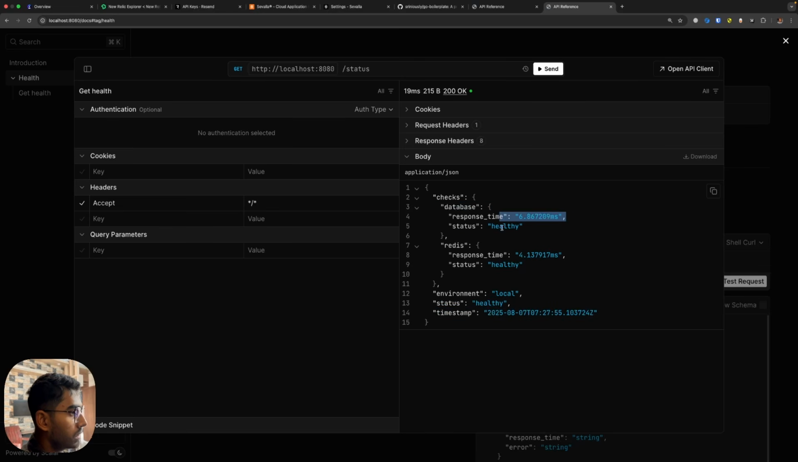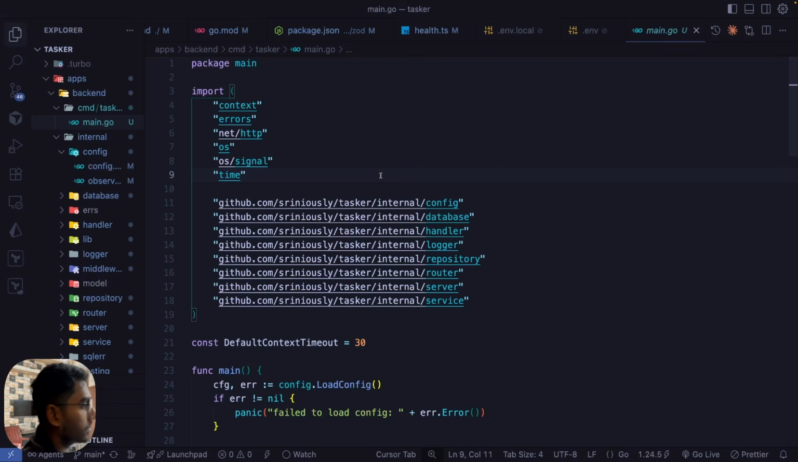Response time is 6 milliseconds. Database is healthy. Same for our Redis. The response time is 4 milliseconds, and Redis instance is also healthy. So our server is running, our database is running, and our Redis instance is running fine. And our server is successfully able to connect to our database and Redis instance. With that amount of setup, I think we are ready to get started with our backend